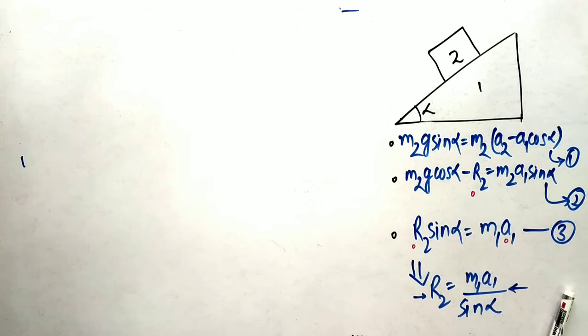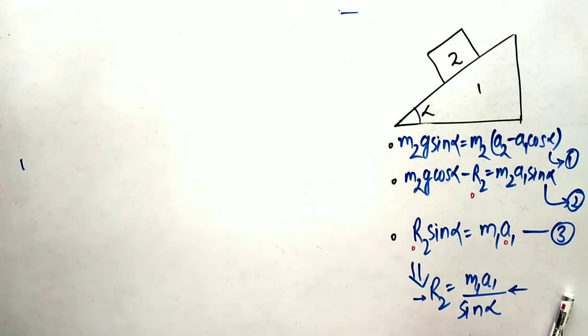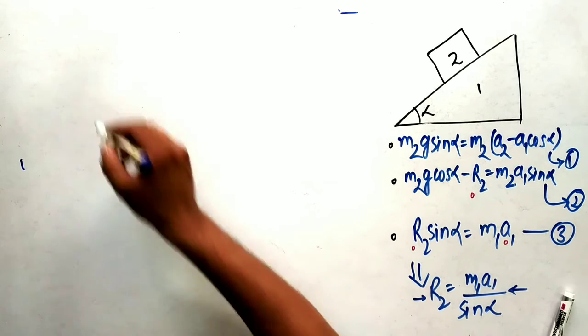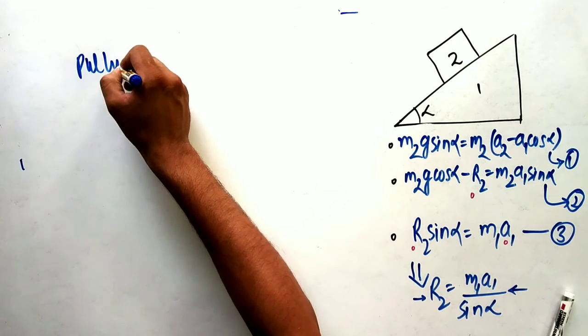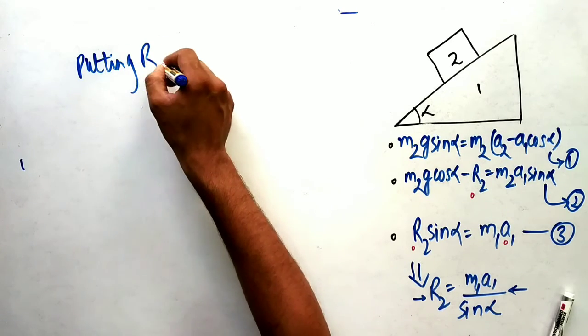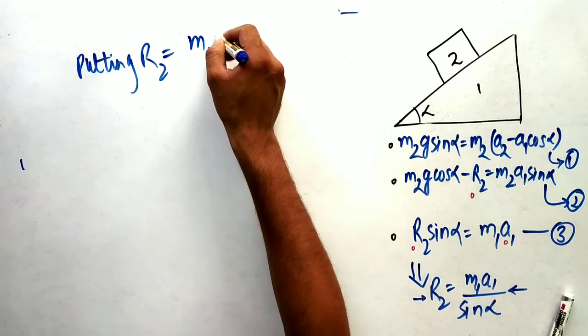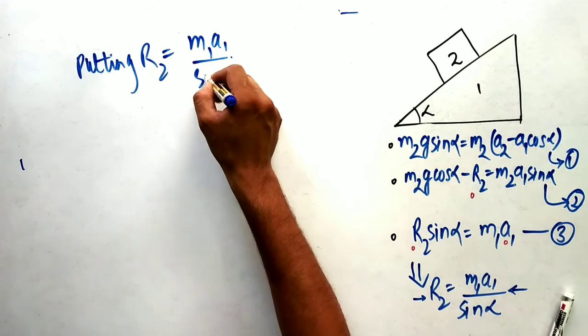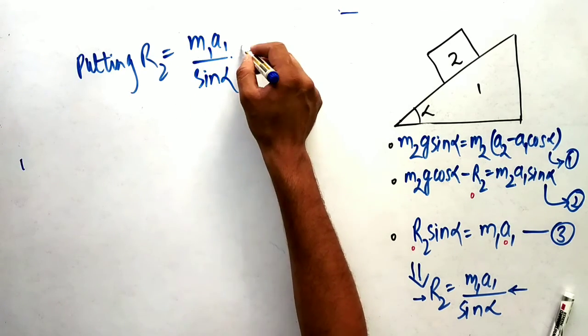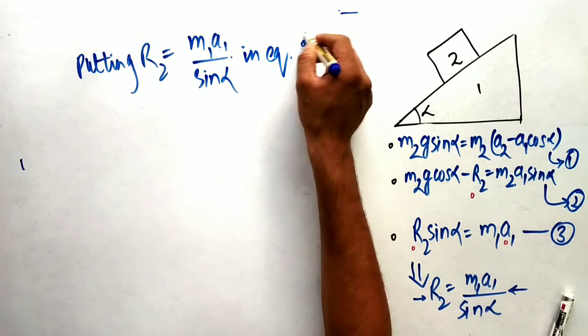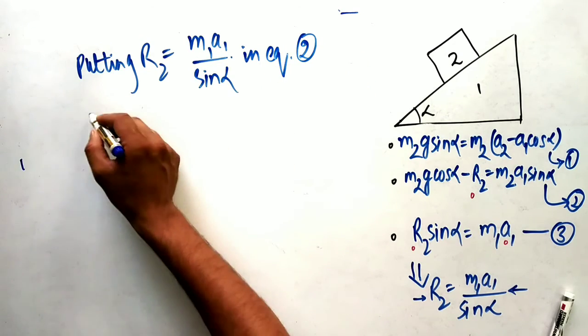We will eliminate R2 this way. So putting R2 is equal to m1 a1 divided by sine alpha in equation 2, we get